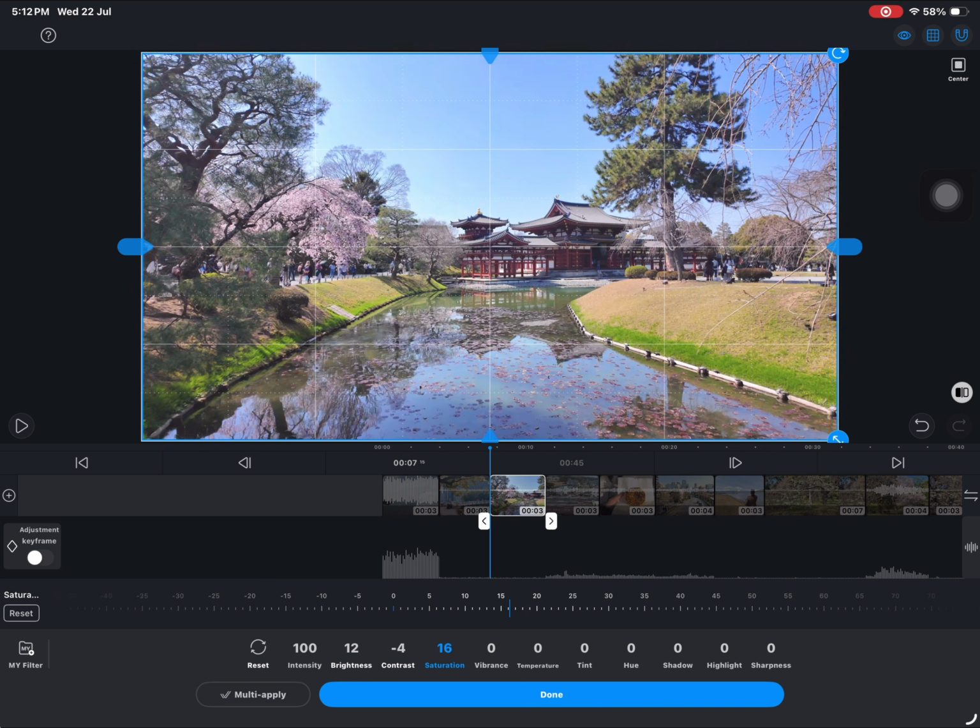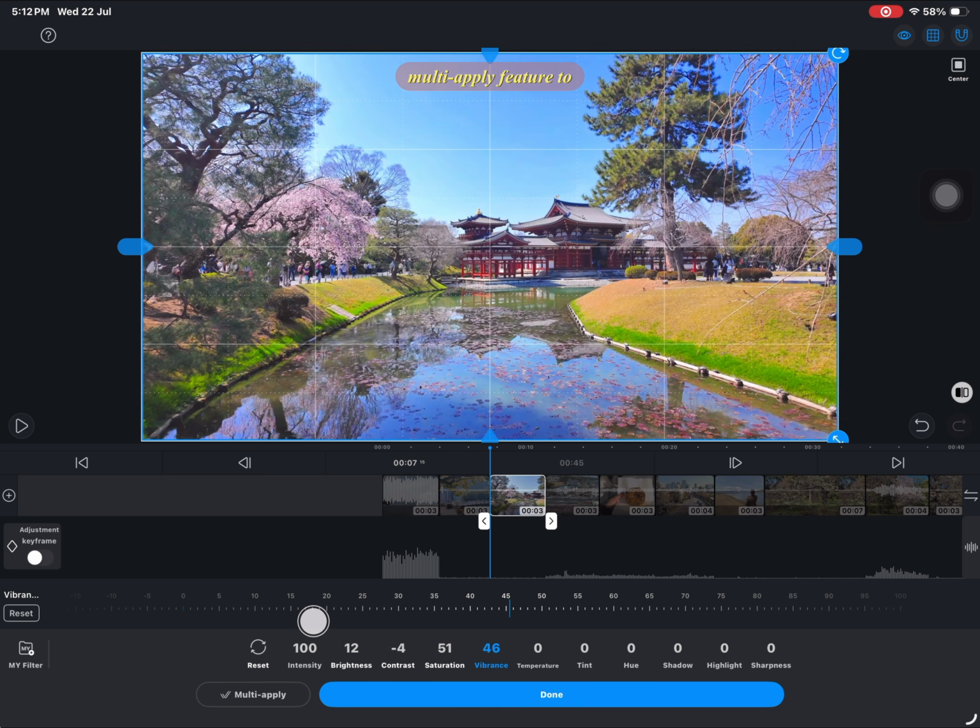But it actually never works according to me, because every video is shot in a different lighting, in a different angle, so what worked as a good filter for one clip might just not work for the other. The best part about this app is that you can copy paste the same settings that you used for adjustments on another clip as well, and this is not just for adjustment, this is for a lot of things in Vlo.